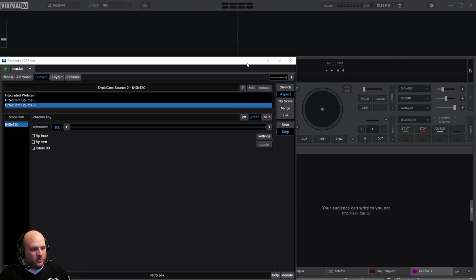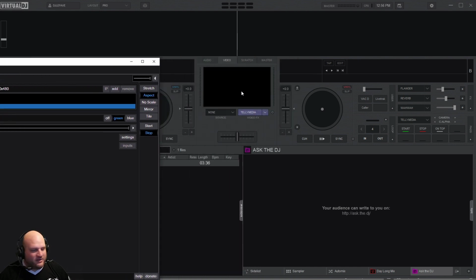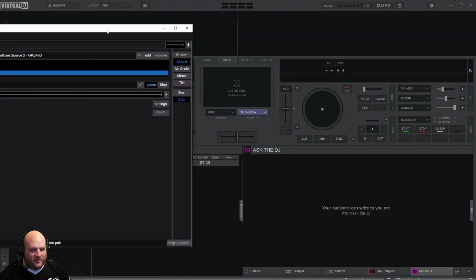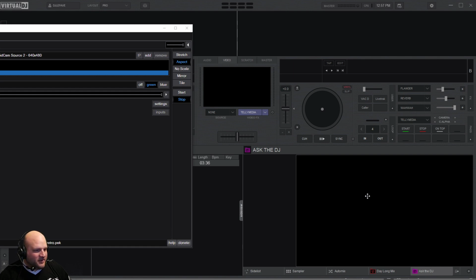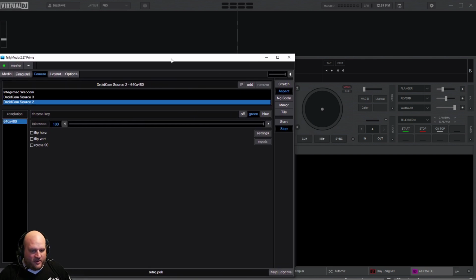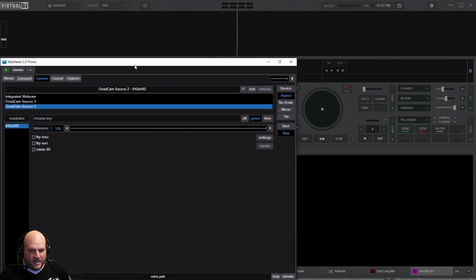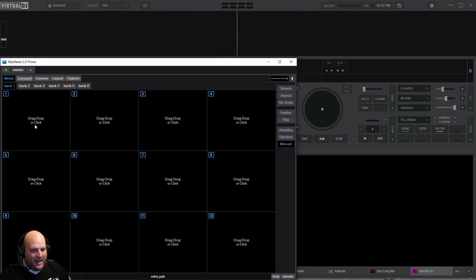Now to see what you're working on while you're doing it, activate the video box by clicking the video box right there. And we got to find out, where did that video box go? There it is, right down there. Perfect. Okay, so step one is to go to your media, and now we're going to add a media box